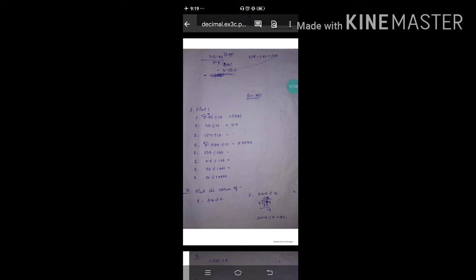So similarly, one number, all the questions you have to do by yourself. Left questions, 2 number, you check. Find the value of 0.6 divided by 2. Before doing the division, the main thing is that you have to apply the division without the decimal point, without considering the decimal point. After that you have to adjust the decimal point.